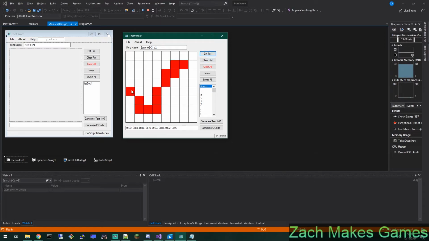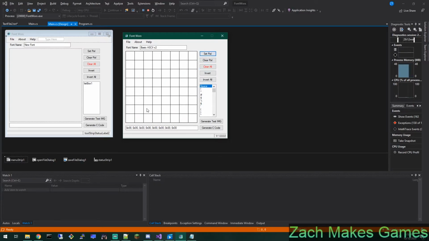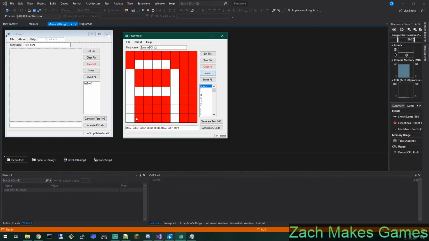I've also got this handy little clear all button right here. This clears just this character, but it clears all the pixels set by this character. And similarly to that, I have an invert button, which inverts the bit pattern for just this character. That didn't really make it clear. So if I draw out the character A here and I hit invert, you can see that the bits